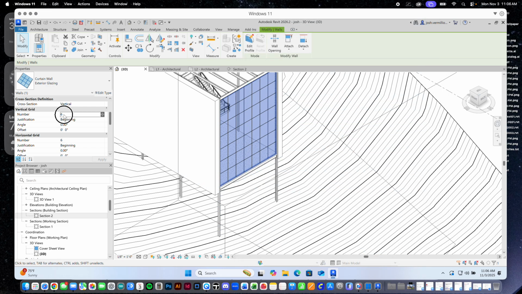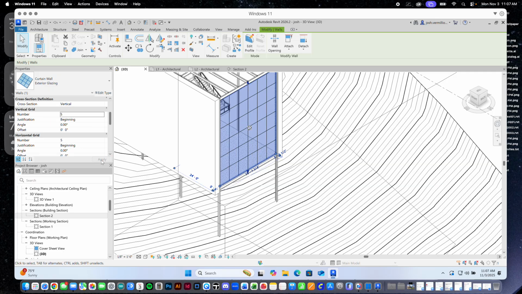Then I can go over here in the properties and say how many divisions horizontally, how many divisions vertically, 1, 2, 3, 4, 5, 6, 7. Why is it giving me 7, not 6? 1, 2, 3, 4, 5, 6, 7. What? Here. 1, 2, 3, 4, 5, 6. Well, I'm putting in 5 to get 6. I don't understand why, but